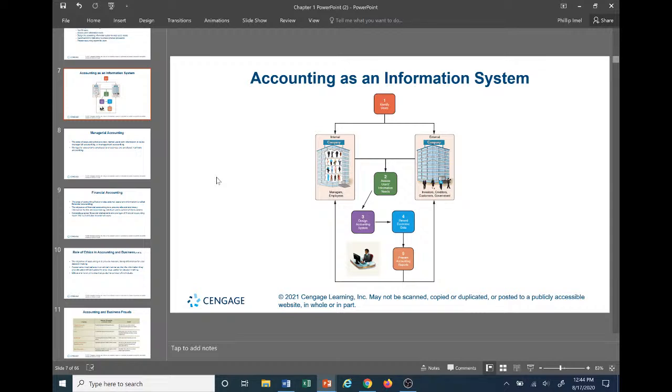So from that point, the second thing after we've identified the users, we want to assess the users' information needs. And obviously, they can differ between external and internal views on what type of data is actually relevant for the decision-making process. So after we assess the users' information needs, we go to the third step to design the accounting system. Once the system is designed, then we'll record the economic data. And then ultimately, once the data has been recorded within the ledger and in the accounts, we prepare the accounting reports, which are the financial statements, the external financial reports that are the end result for the users to base their decisions upon.